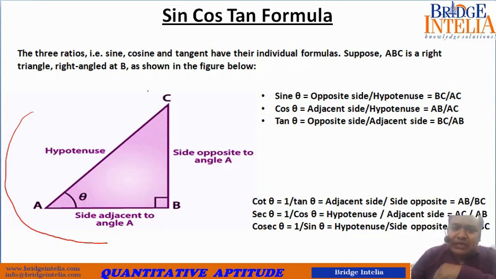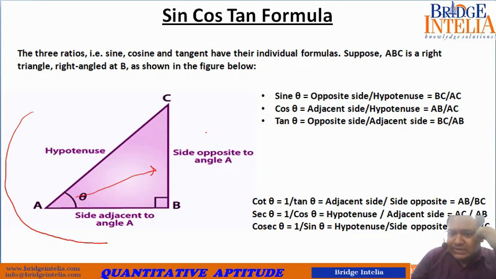If we try to find the meaning of the terms sine theta, cos theta, or tan theta, what in essence are we actually trying to do? These terms are basically the ratios of two of the three sides of this right angle triangle. Sine theta is the ratio of the opposite side and hypotenuse. If this is theta, the opposite side would be CB. So if you are trying to find sine theta, the formula tells us that sine theta is equal to opposite side by hypotenuse.